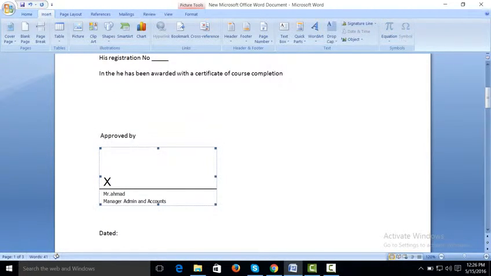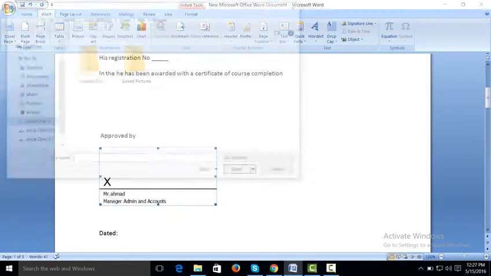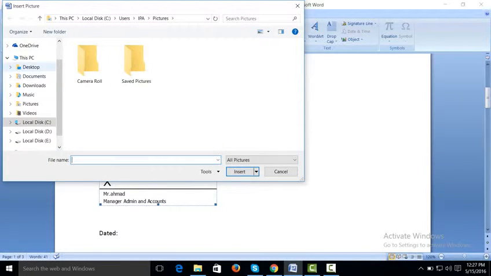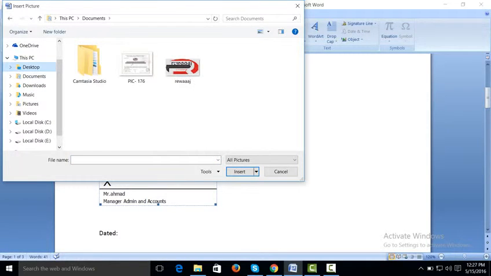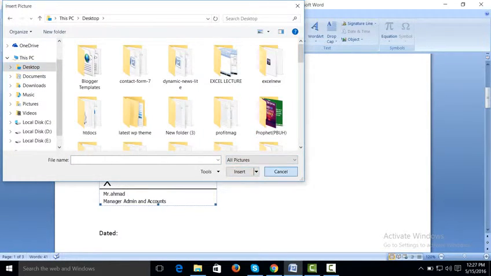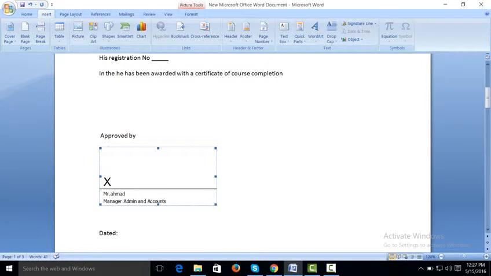You can scan the signature of the person, suppose Mr. Ahmed is a manager, admin and accounts. How to bring his signature here? Scan his signature. He should write his signature on a blank paper, then scan that paper, then click on picture. Simply select from desktop or from here, anywhere you can select, and insert his signature to bring it here in this area. OK.